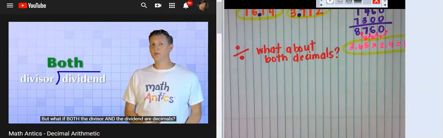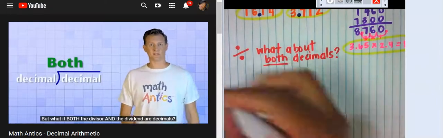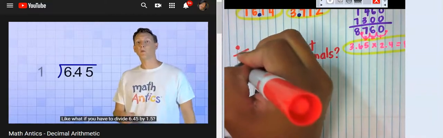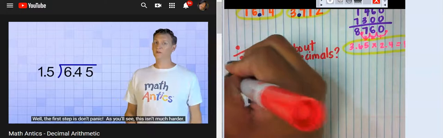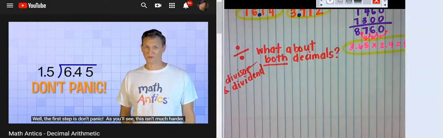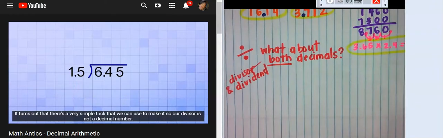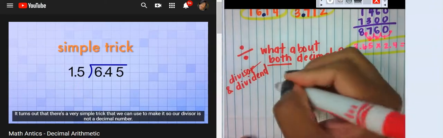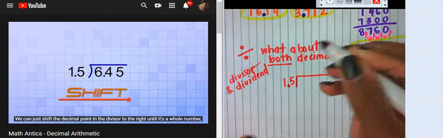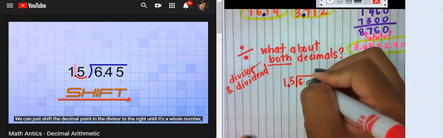But what if both the divisor and the dividend are decimals? Like, what if you have to divide 6.45 by 1.5? Well, the first step is don't panic. As you'll see, this isn't much harder. It turns out that there's a very simple trick that we can use to make it so our divisor is not a decimal number. We can just shift the decimal point in the divisor to the right until it's a